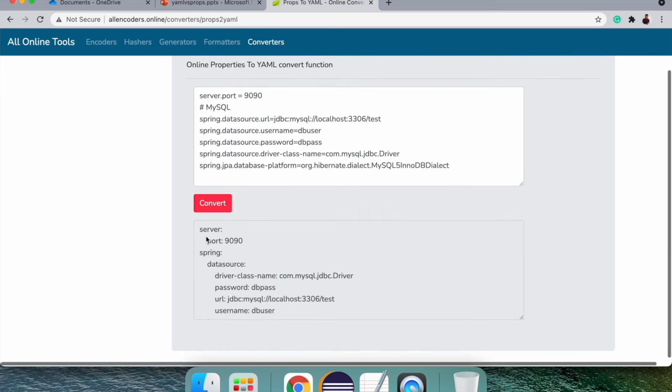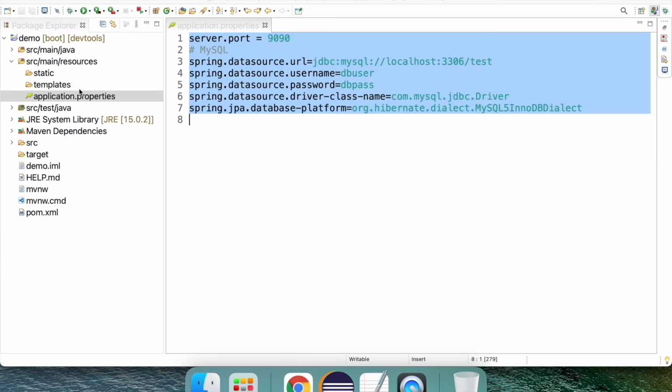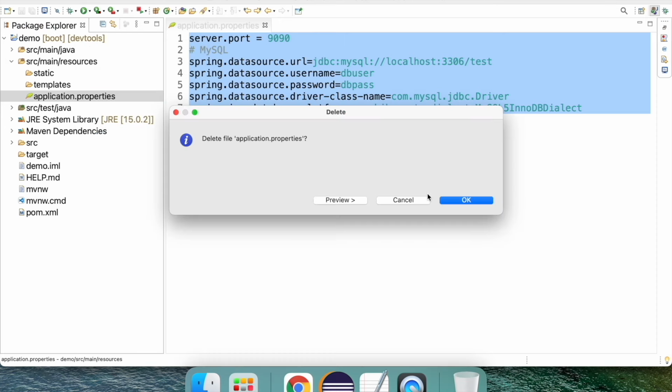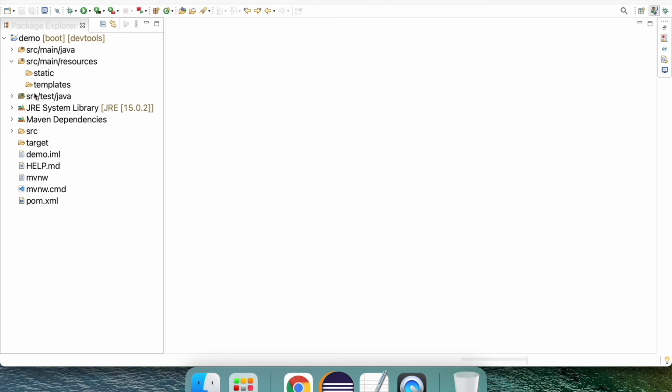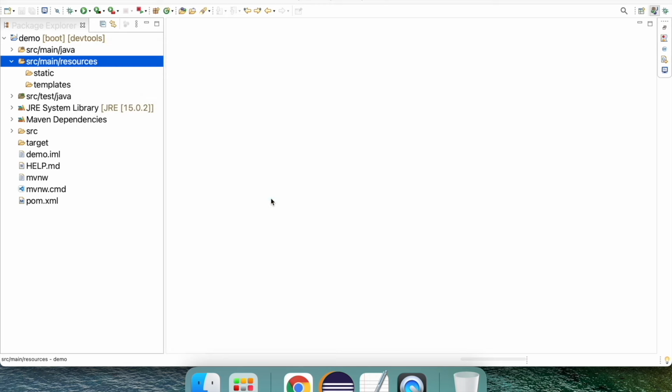Yes, see, the only thing we have to do is copy this and just remove this. I'll delete it, and I'll create the application.yaml file.